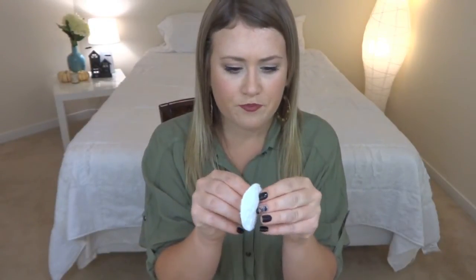You can buy something called an orange wood stick. They're just little sticks, about this big. They have a pointy end on one end and an angled end on the other end. And all you have to do is, if you have these cotton pads that you use for makeup removal or nail polish remover, oftentimes you can split them. So if you just split them in half,